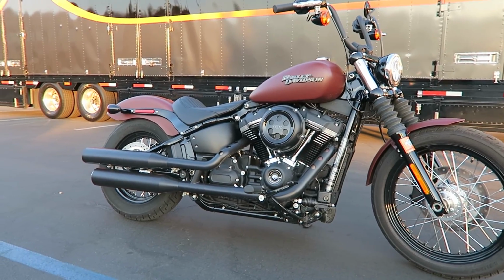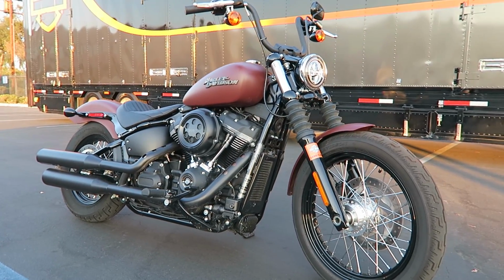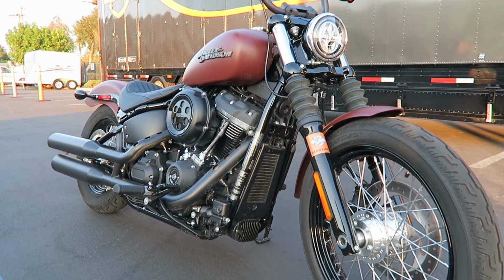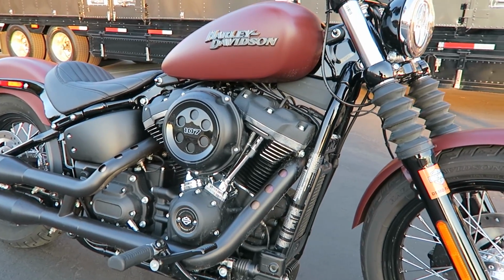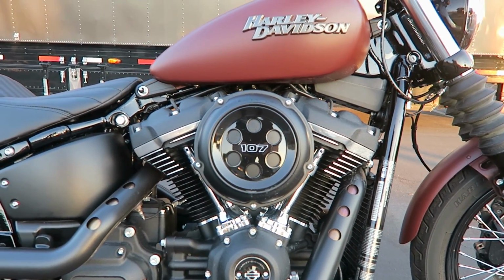But the big news is this year, if you haven't heard already, Softails are Dynas and Dynas are Softails. They came out with a brand new frame this year, and they call it a Softail chassis. And so they took 3 of the previously known Dyna models and made them Softails, along with 5